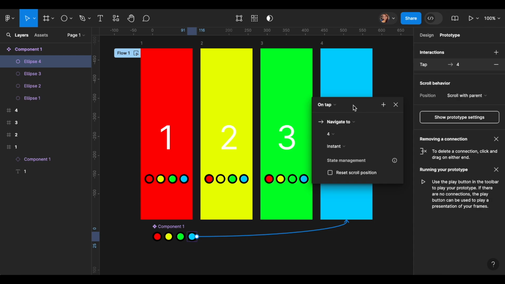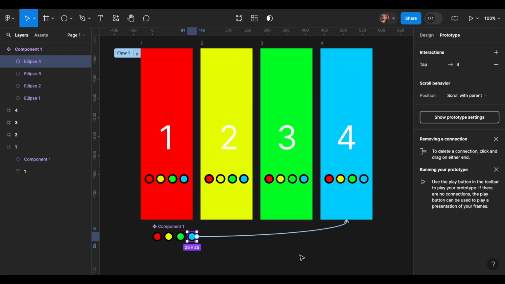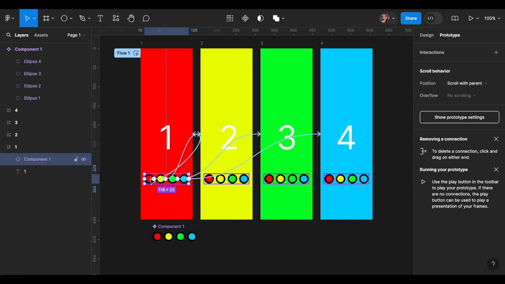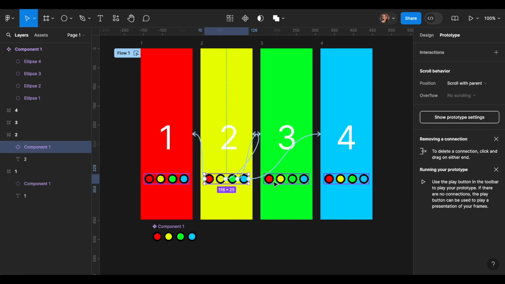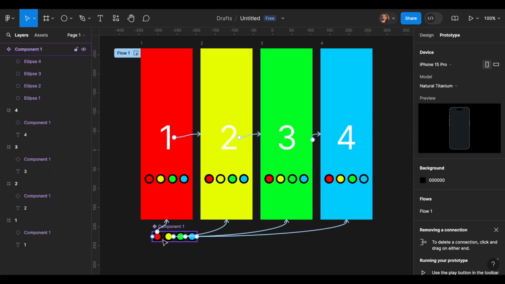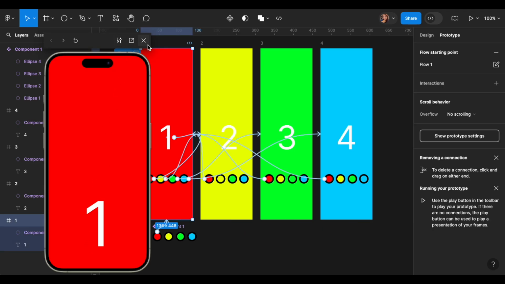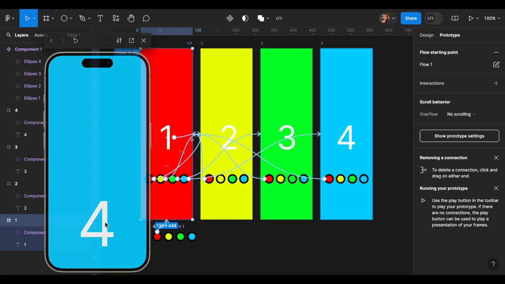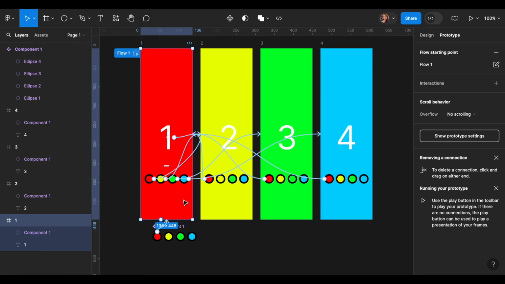Now, here we are done, and now you can see that magically, if you click and check, all the links are connecting with each other. So this is the magic of making the component, defining the component. It really works well when you have n number of screens, where you can reduce or save time by not manually posting it on the screens one by one.